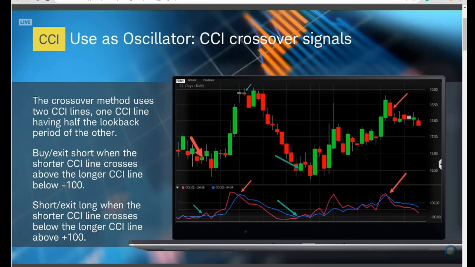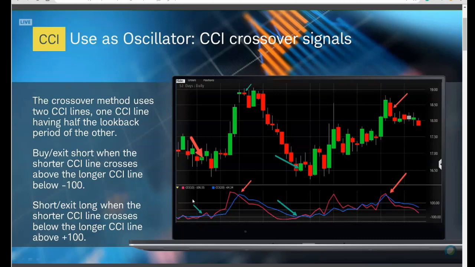In this method, what you do is you start with a CCI. Again, you could use the default of 20, and then you add another line in the same study panel with half the look back period of your first line. I will show you a little bit later how you do that on the software. Here, what you do is you look for times when the short line, the one with this lower look back period, crosses